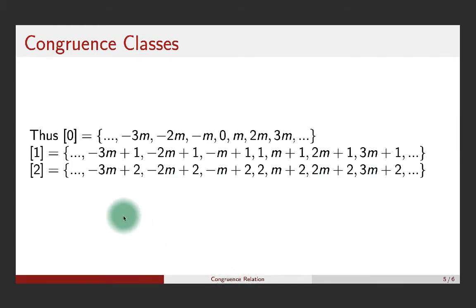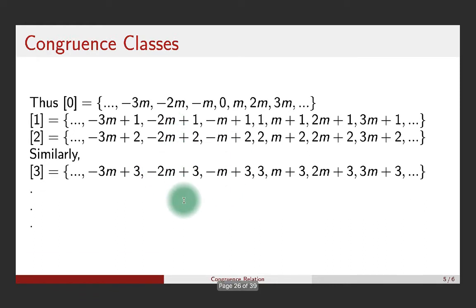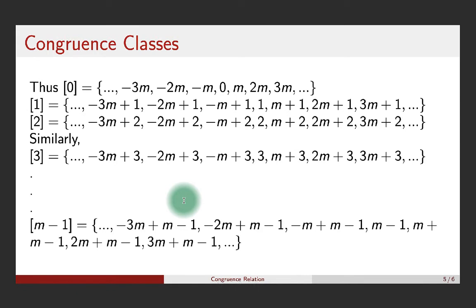Similarly, class of 2 will be the collection of all integers of the form a multiple of m plus 2. Class of 3 will contain all those integers of the form a multiple of m plus 3, and so on. Class of m minus 1